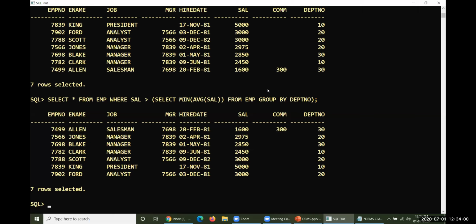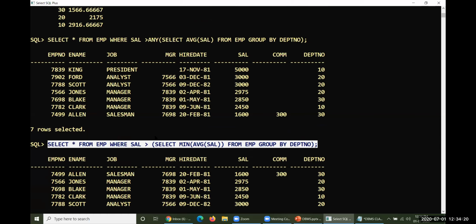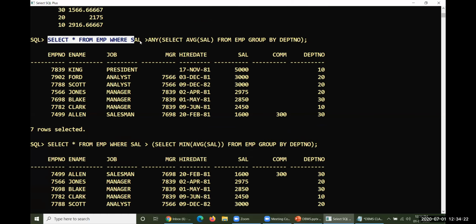But operating this nesting of aggregate commands is not suggested while we are trying to operate everything in terms of real-time management. So that is why this query is not suggested to operate in real time. The same query can be obtained by using multi-row subqueries with the assistance of greater than ANY.